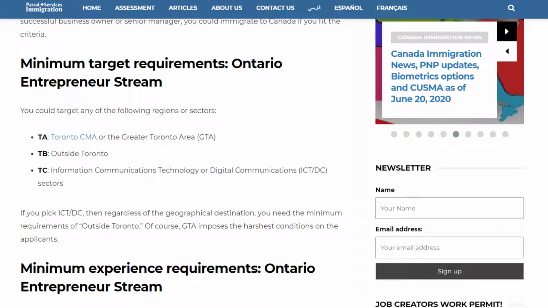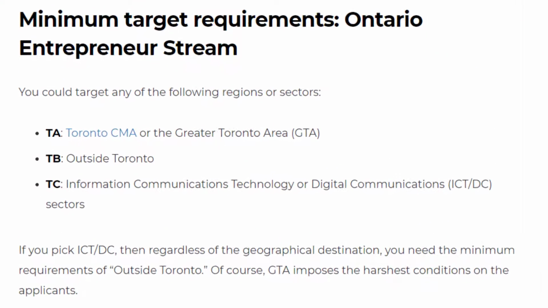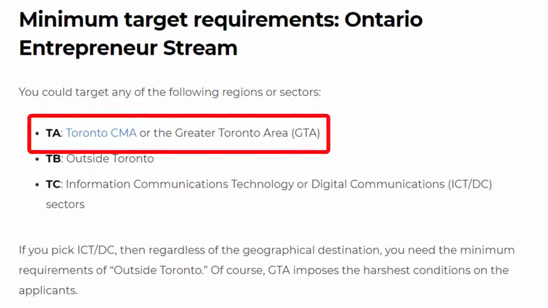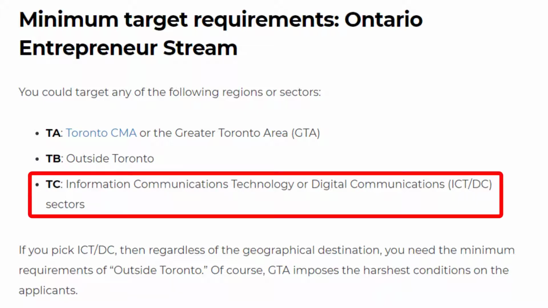There are 3 potential regions in Ontario that you could target. One would be Toronto, CMA, or Census Metropolitan Area, also known as Greater Toronto Area or GTA. The other option is that you would like to target somewhere outside Toronto, or maybe you want to be inside the GTA, but your intention is to invest in information communication technology industries or digital communications, or I call them